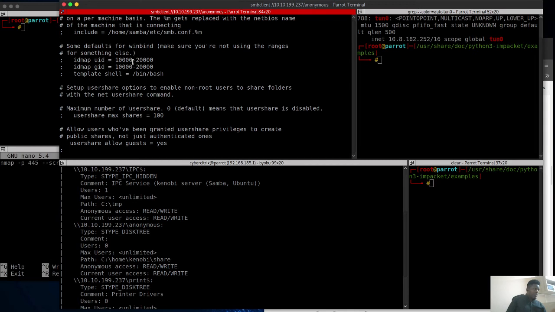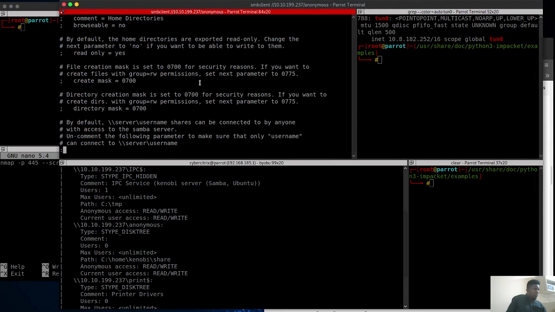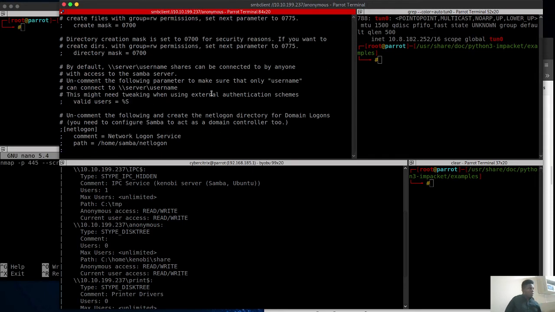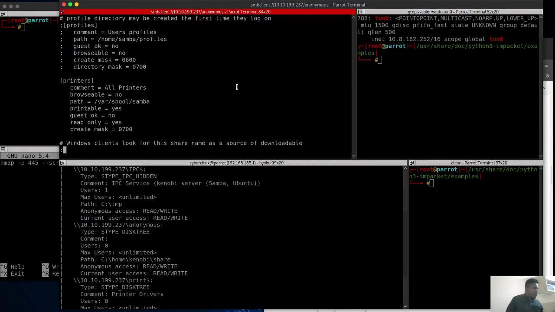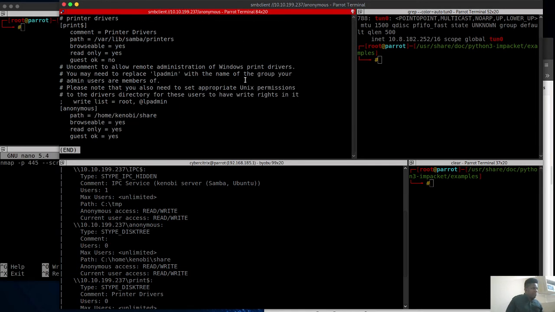User ID, group ID between this and this, defaults for winbind. Okay, there we go. So we've got a bunch of stuff, huh? It's showing us a lot of stuff. We saw the mounts directory in /var. So maybe we'll try to go after that mounts directory. We can use an nmap script to actually